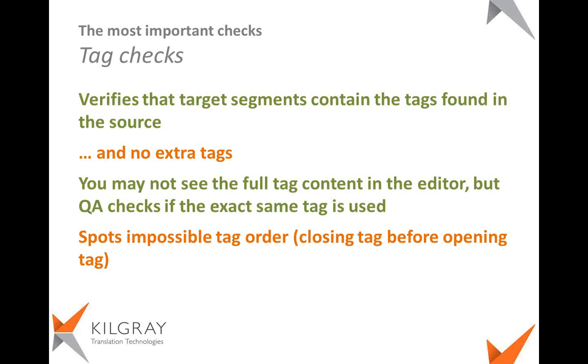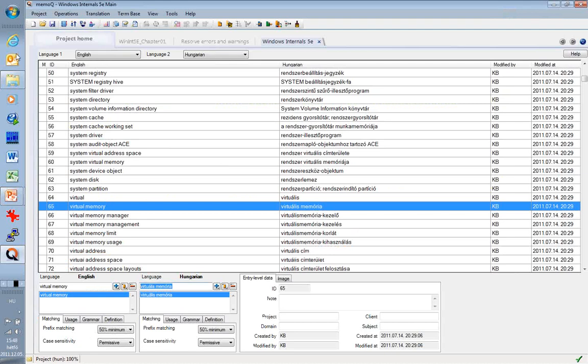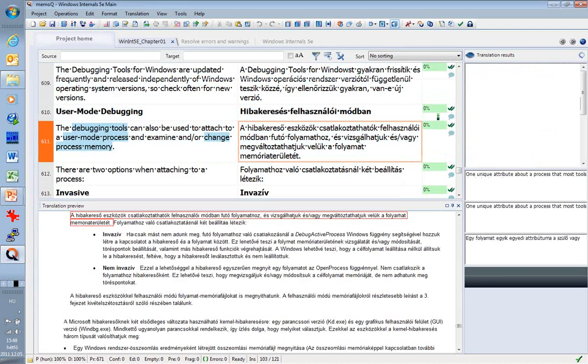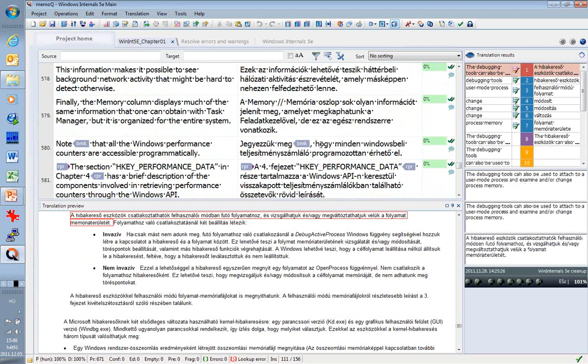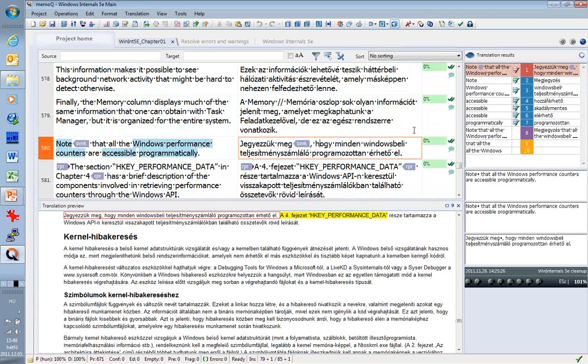There are also so-called tag checks in MemoQ. That means that these checks verify that the target segments contain the same tags as in the source, and there are no extra tags in the target. And it's about the so-called inline tags. Let me just find some for you, yeah, something like that. The source of this document is a Microsoft Word file. And you look at the inline tags here,